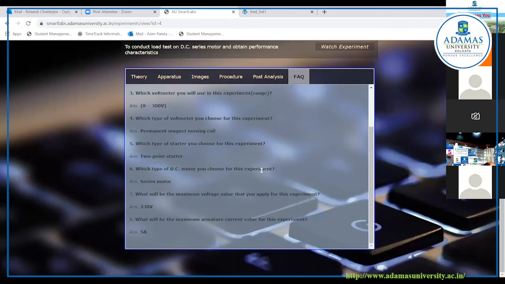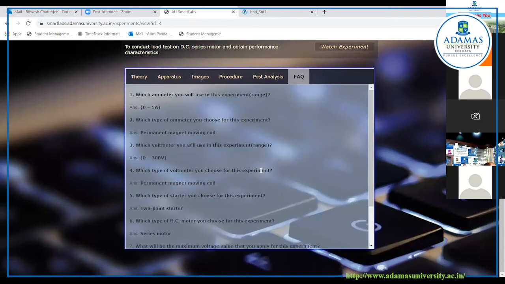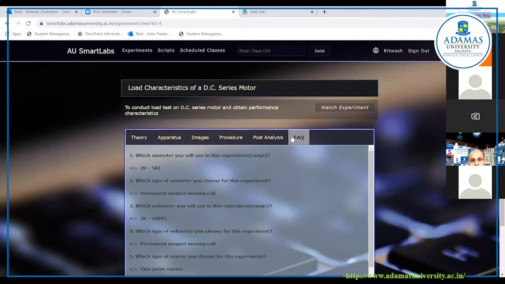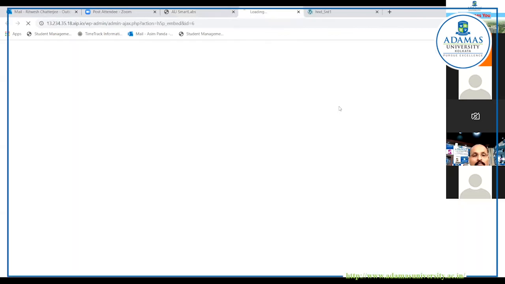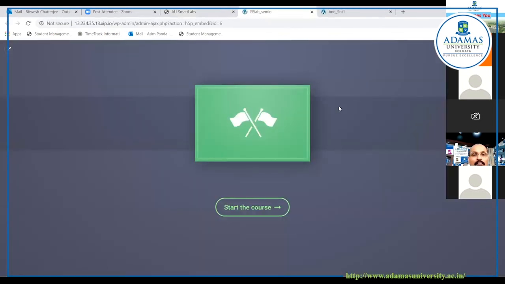This is something you can go over maybe right before your exam, or just give it a look and find out the top important points that you might have a question regarding. Once you're done more or less reading this part, you would have to go and click the watch experiment button. Now, when you do that, a new tab opens up. This new tab is basically your interactive video session.